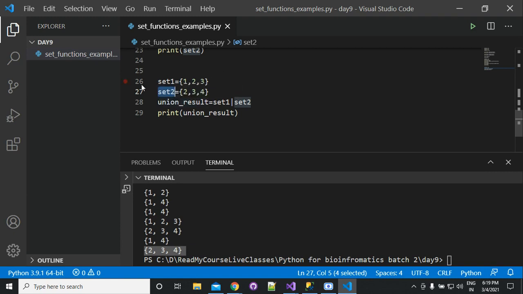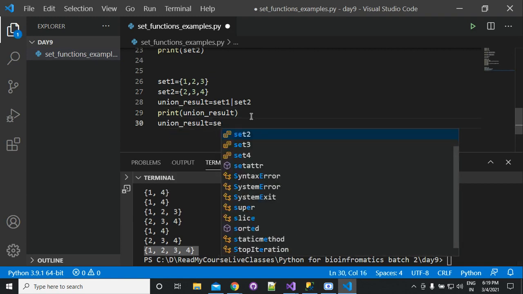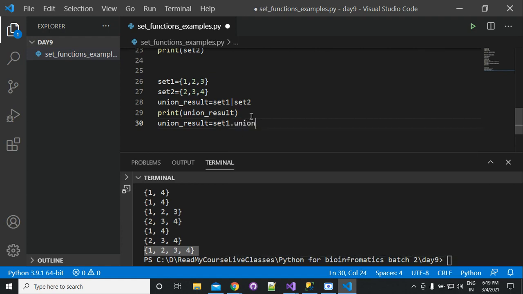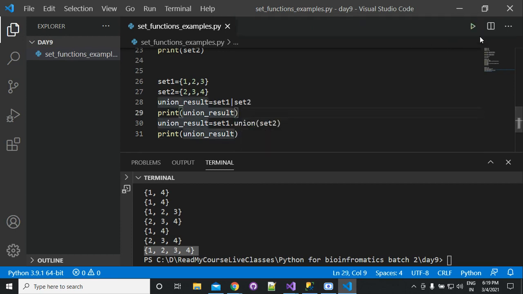It will take all the values that are present in either set 1 or set 2. Now you can see that it is printing 1 2 3 4. The same thing you can also perform by writing union result is equal to set 1 dot union set 2. Now if you print the union result, you will get 1 2 3 4 in this case. So either you can use this operator or you can use the union function.